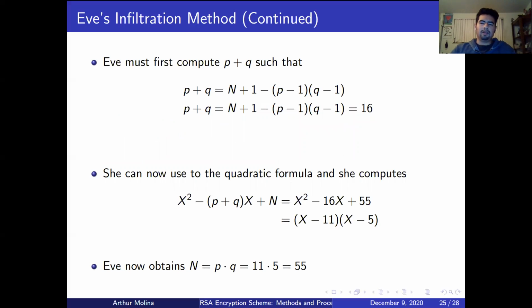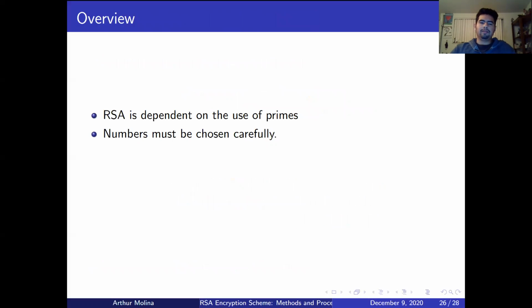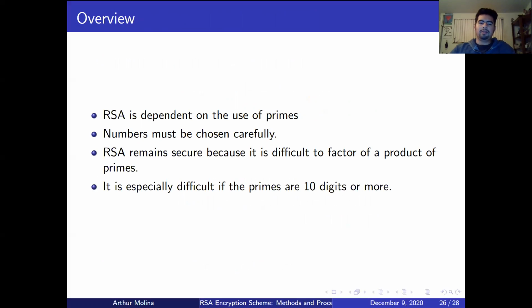Then she has the quadratic equation x to the power of 2 minus 16x plus 55, which she is able to solve, and she gets x equal to 11 and x equal to 5, which means P is equal to 5 and Q is equal to 11, the prime numbers that Bob had chosen previously. So overall, RSA is really dependent on the use of primes, and as we saw, the numbers must be chosen carefully. It remains secure because it is difficult to factor a product of primes,